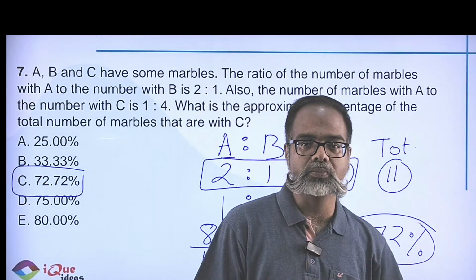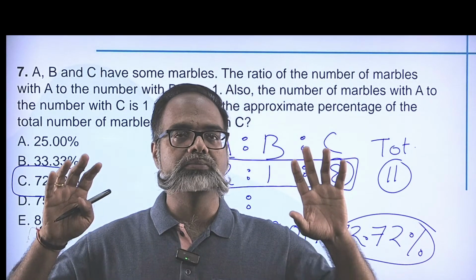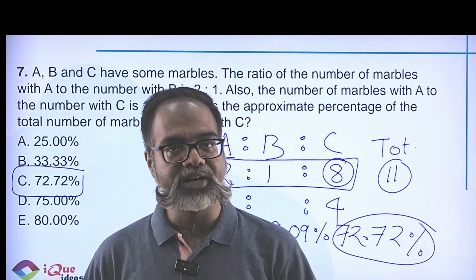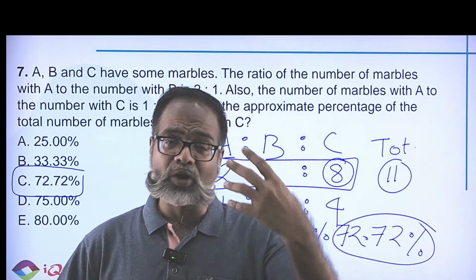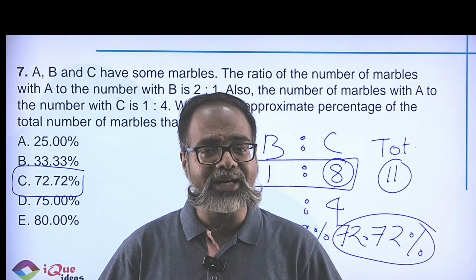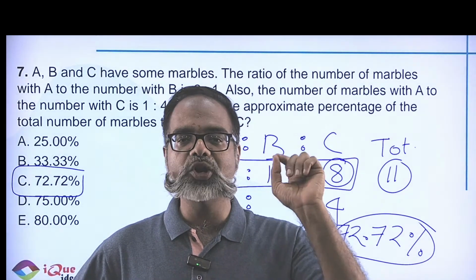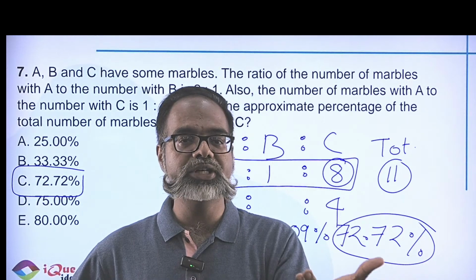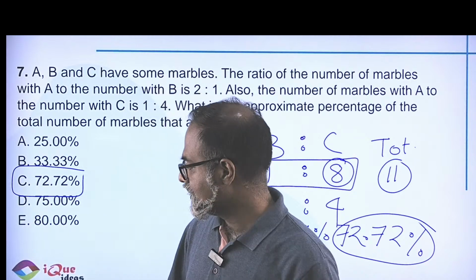Mark karo, aage badho, jal se karo. And do you see it? You might have cribbed all the time when you had to remember those reciprocal values. 1 upon 1 is 100%, 1 upon 2 is 50%, 1 upon 3 is 33.3%, 1 upon 7 is 14.28%, 1 upon 9 is 11.11%, 1 upon 11 is 9.09%, and so on and so forth. And yes, I'm showing off a little, but these are exactly the type of questions where just because you are able to quickly memorize certain values, you are saved a few seconds of calculation, and believe me, every second matters in an entrance test. So there you go, easy question.